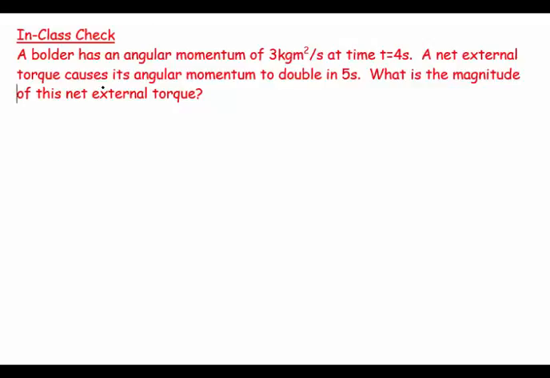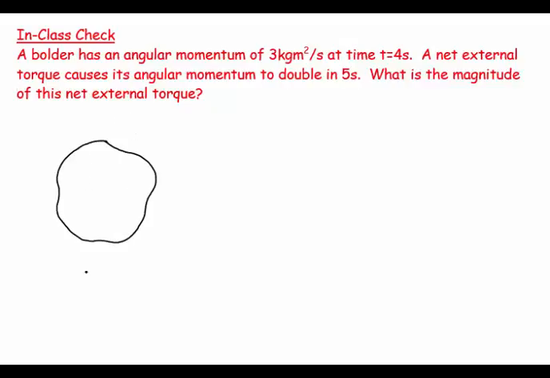Welcome. This question says a boulder has an angular momentum of 3 kg m²/s at time t equals 4 seconds, and net external torque causes its angular momentum to double in 5 seconds. What is the magnitude of this net external torque? So we have a boulder